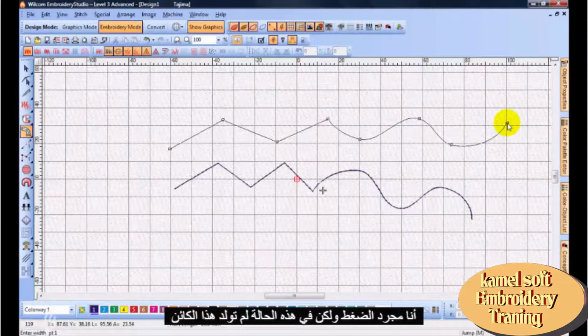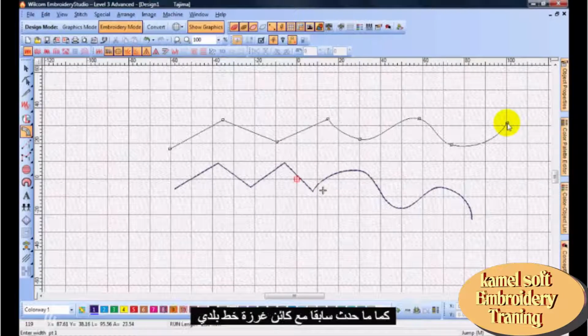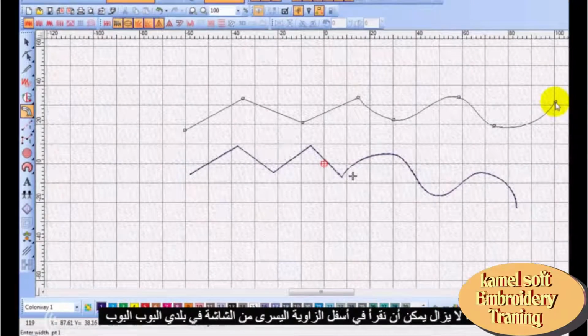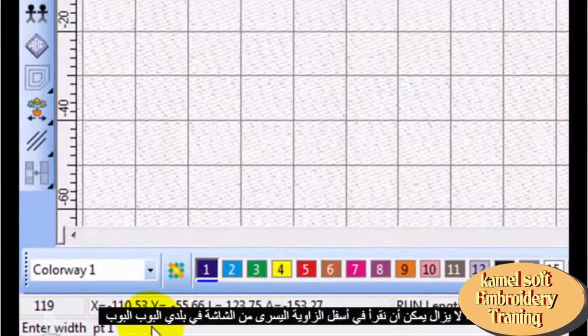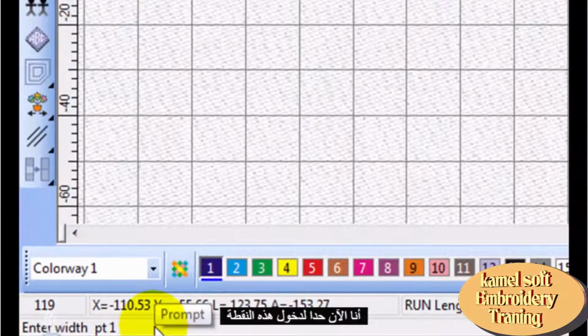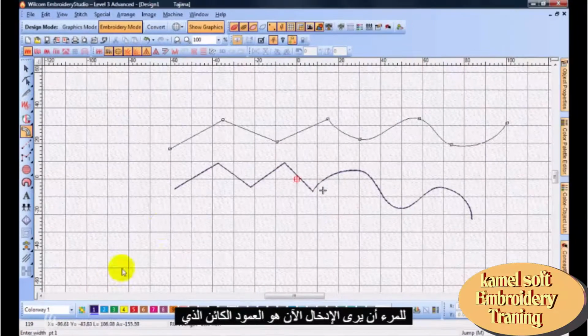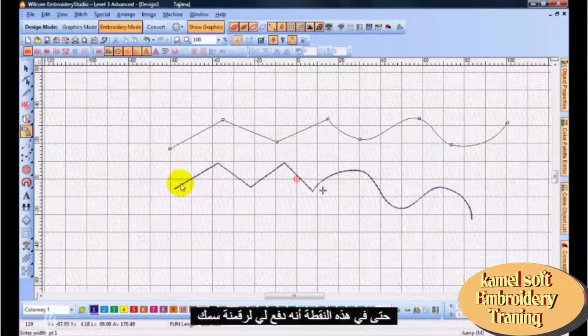However, in this case, this object has not generated as what previously occurred with my run stitch object. As I can still read in the bottom left corner of my screen in my prompt bar, I'm now prompted to enter the width 0.1. Now Input C is a column width object,